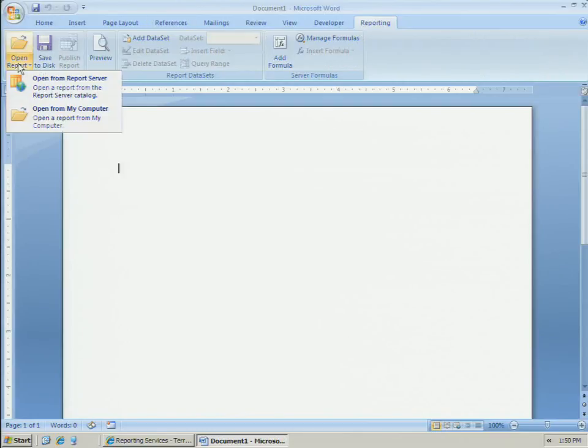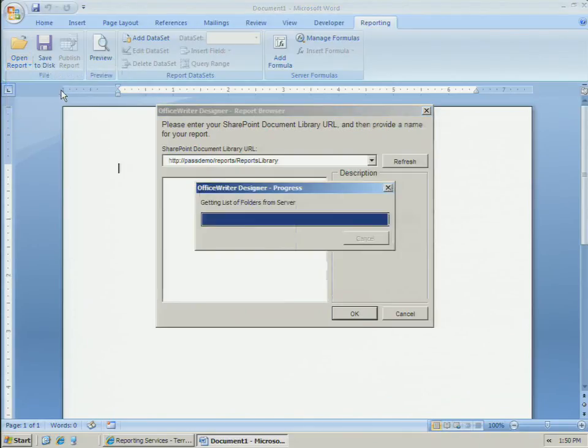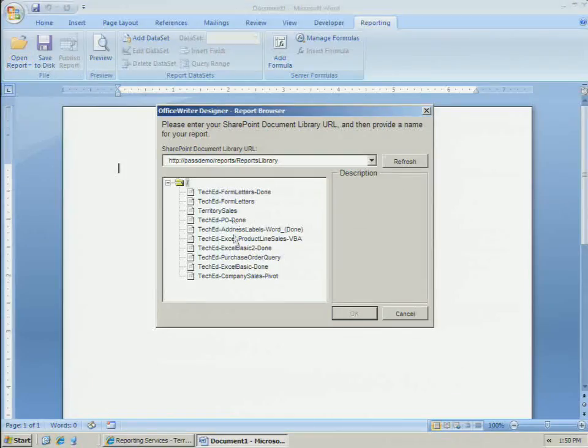So in this scenario, I already have an RDL file on the server. Presumably somebody who knows the database has created this RDL file and has predefined data sets and connections in there for me. So there's already something that exists on the server. So I'll open it up, and it's called form letters here. When I open that,